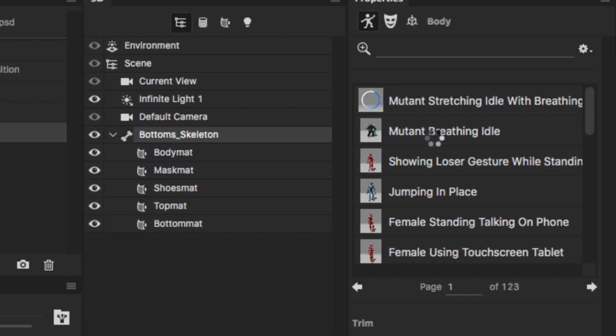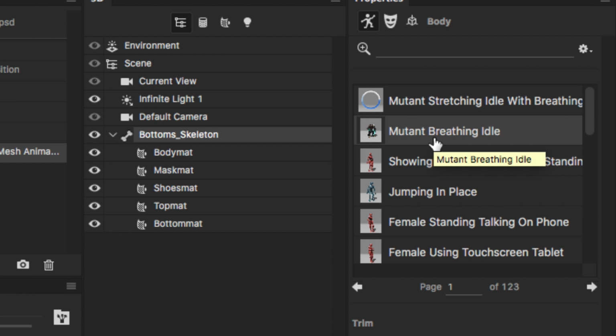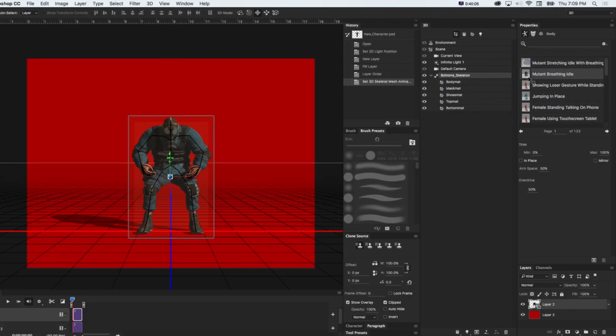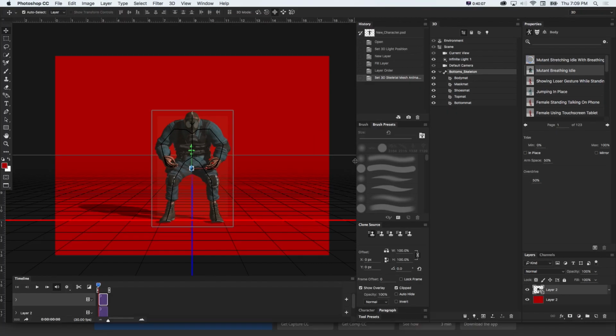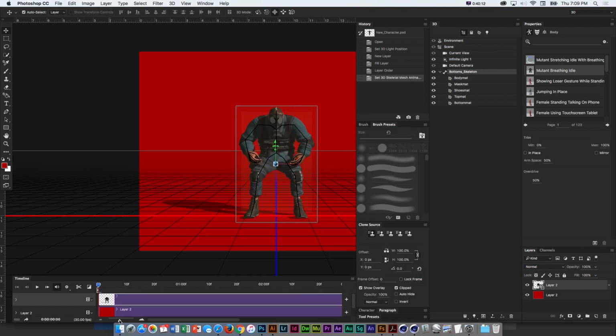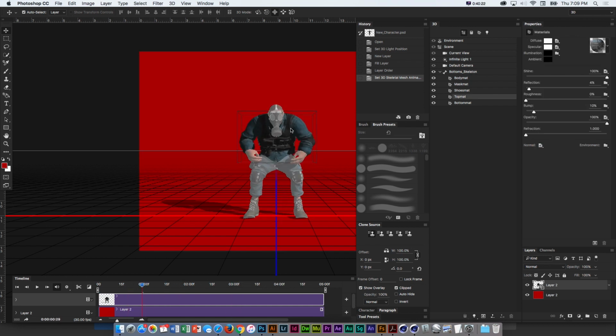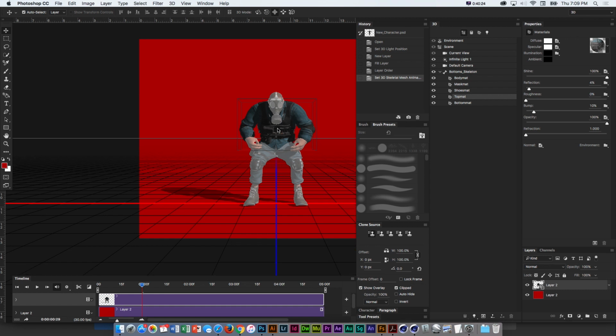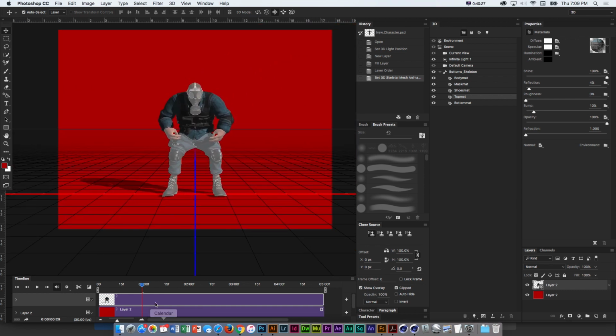So the uses would be, even if you're doing a poster or print design and you need some sort of character, but then if we add that one, you just click, and on the timeline you can see, again without having to deal with whether the skeleton's overlapping or if things are working. You can look through these.